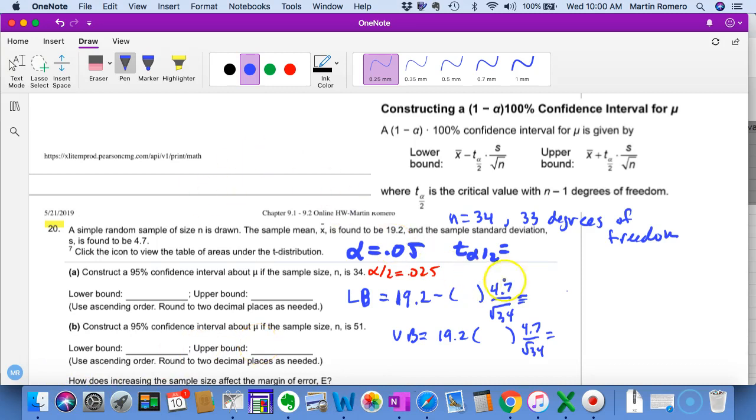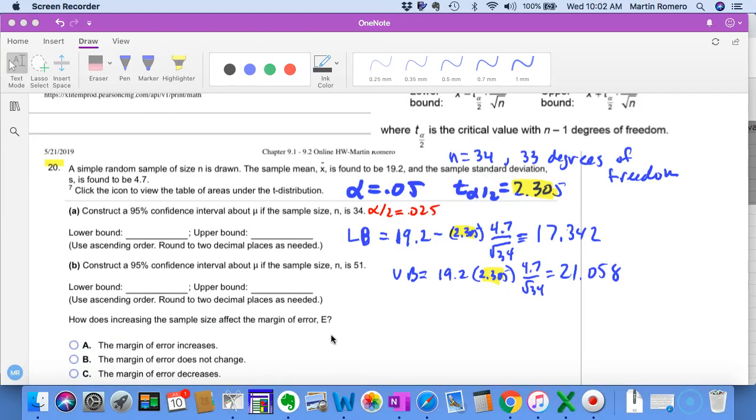So this is 2.305. And so now that's the number that would go into this equation here, which I've already pre-written out. This number is what's going to go into these locations here. Let's squeeze that in, and so this is 2.305. And so when you plug those numbers into this equation, you end up with 17.342 as the lower bound,